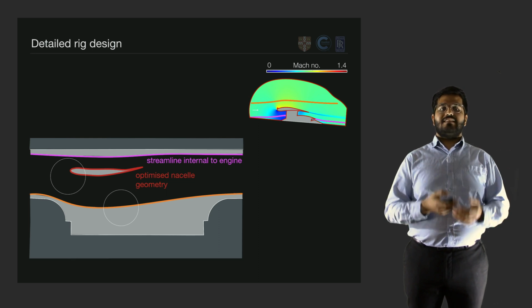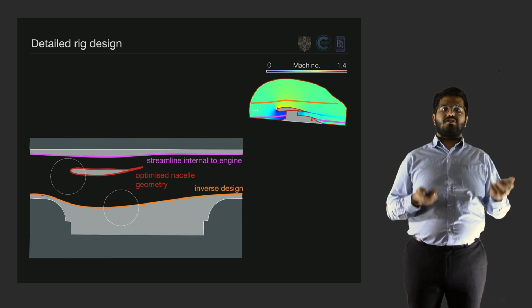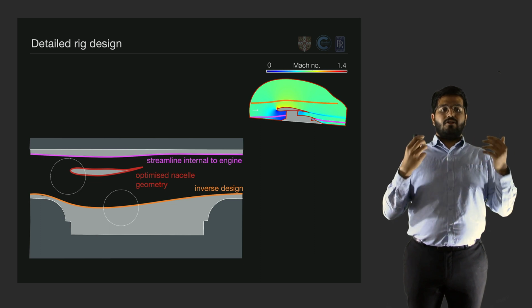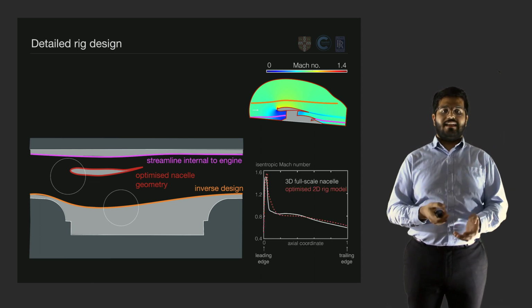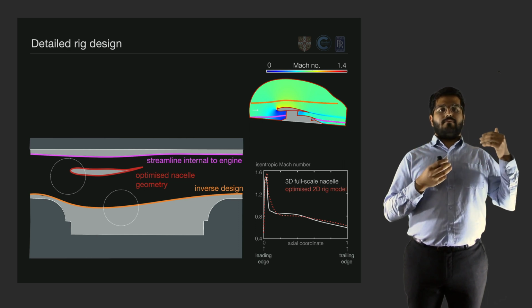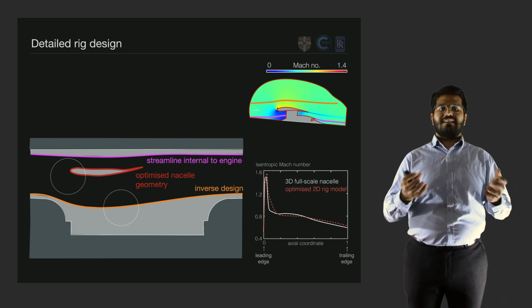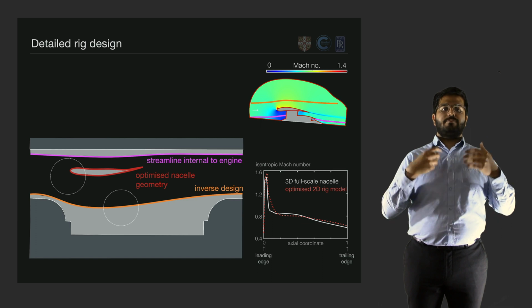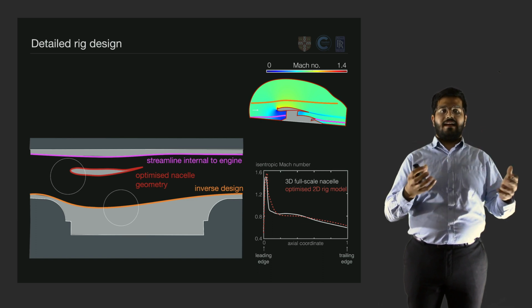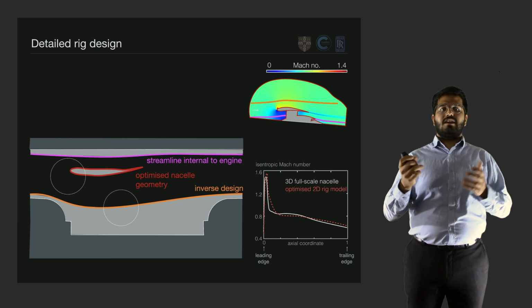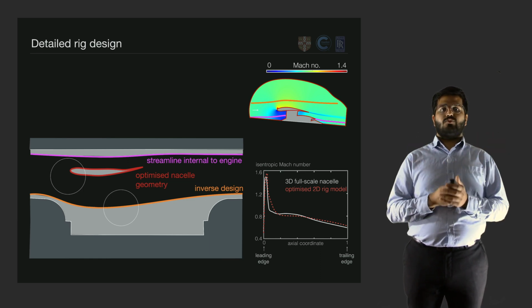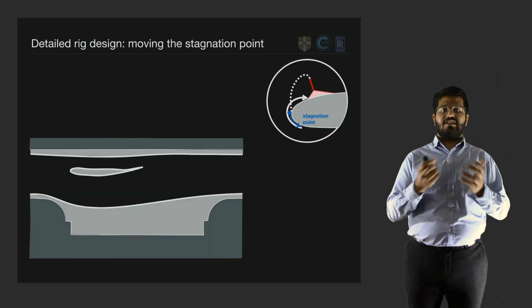And in particular, this inverse design makes use of RANS computations of the wind tunnel flow path in order to replicate the Mach number distribution on the external fan cowl surface between the 3D full-scale nacelle and the wind tunnel rig. Now, a key parameter determining the behaviour of diversion windmilling flow fields is the position of the stagnation point,